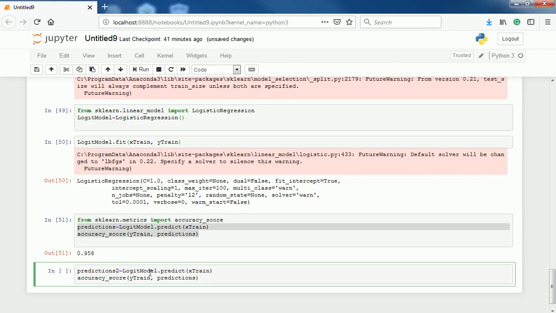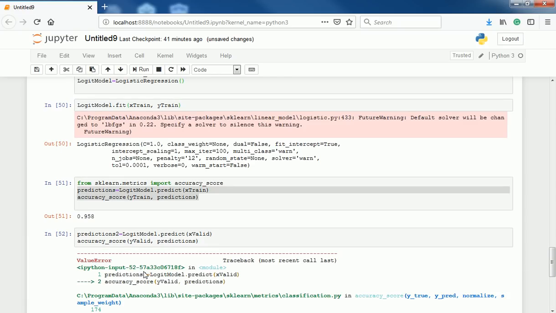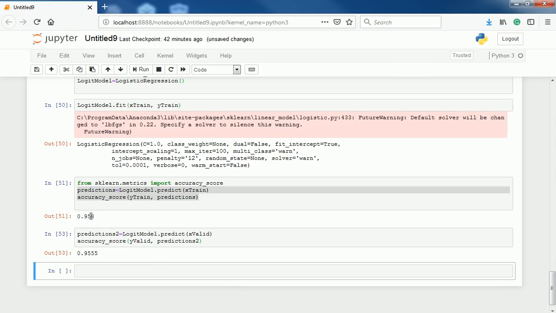I'm still calling the logit model predict, but this time with X validation, because I want to know how good it is on the validation data, and Y validation. Oops, this is not correct. Right, prediction 2. Almost the same, 95.55 versus 95.8. So it looks like this model fits nicely